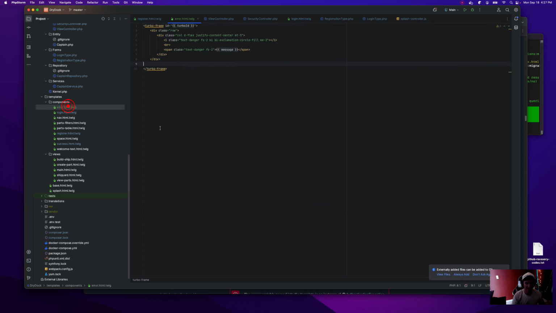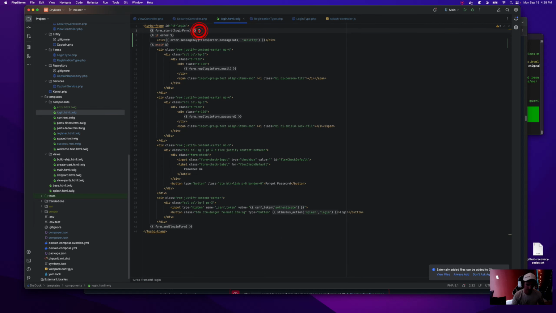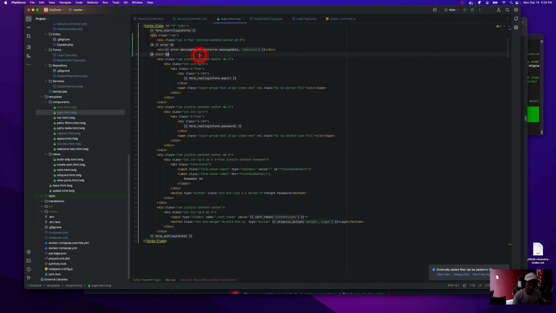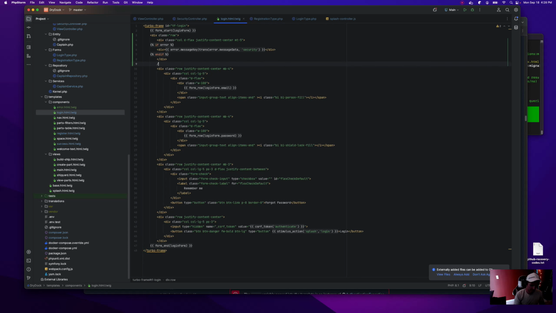Kind of want to do the same thing as this. We're getting to have a bit of markup in here, it's not too bad.